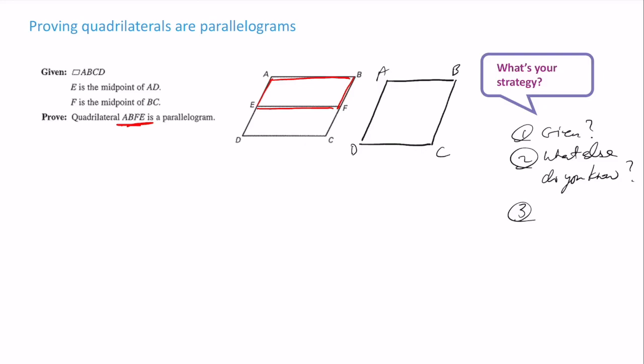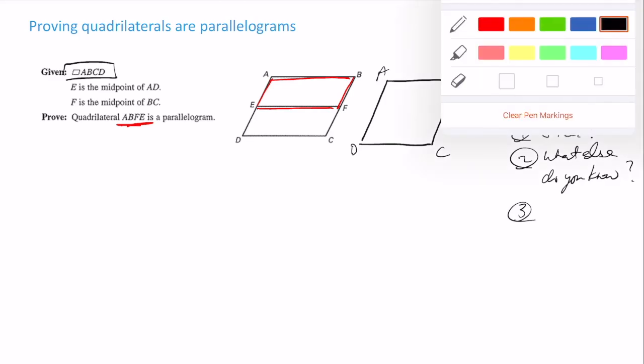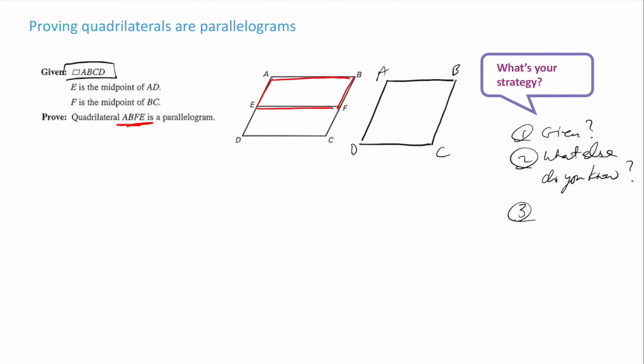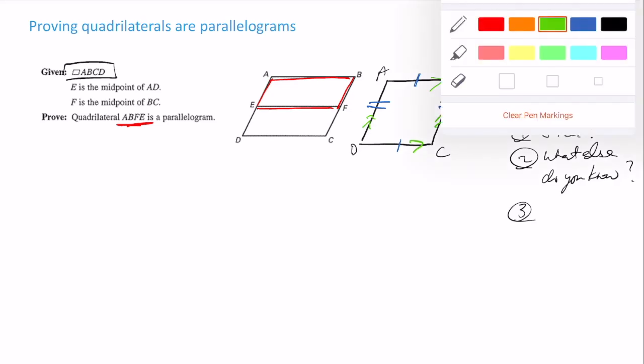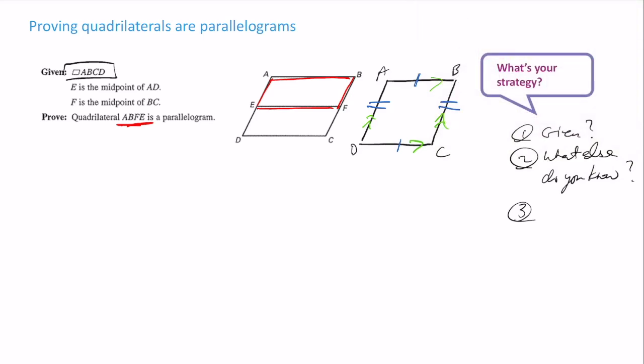So for instance, they're giving you that ABCD is a parallelogram. So right away, without doing anything else, you know that AB is congruent to DC. You know that AD is congruent to BC. And then you also know that AB is parallel to DC, and that AD is parallel to BC. Okay, so you know all those things just because it's a parallelogram. One other thing, though, that you're going to know because of that, and it's going to help us here, is that